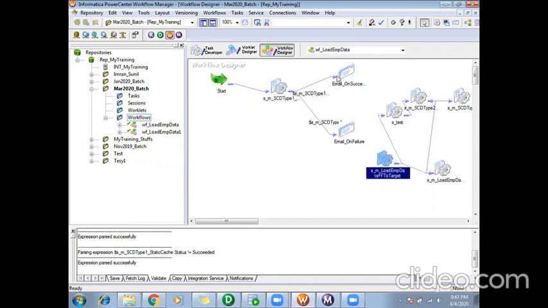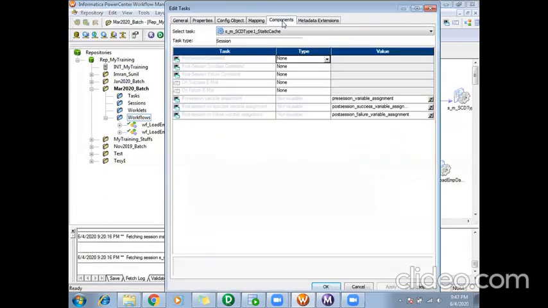Okay, so if you don't want to use the email tasks, you can still send the emails using the sessions only. Within sessions, if you double click on the session and go to the Components tab, we have On success email and On failure email. So we can send emails from the sessions also instead of an explicit task.